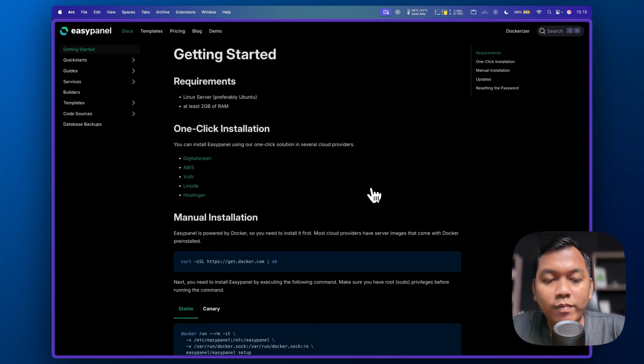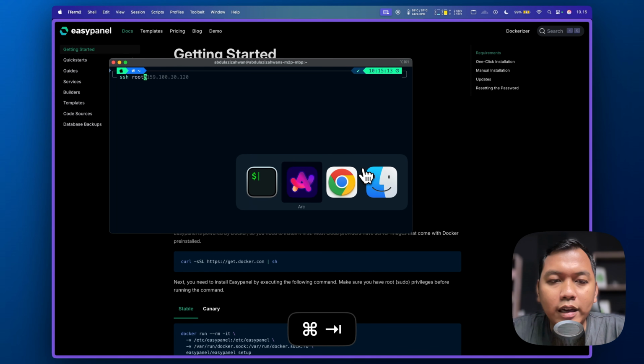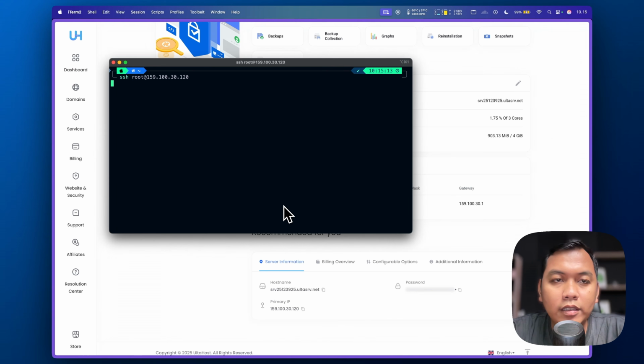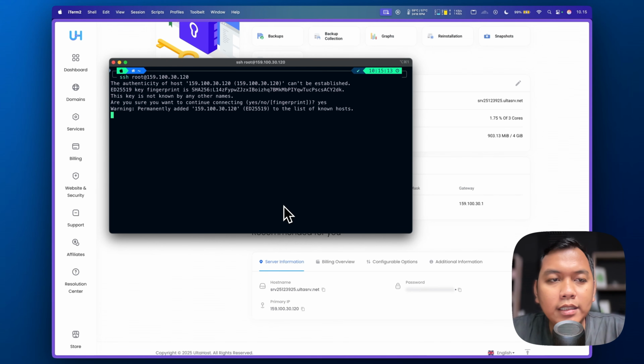So next, we can just open or access my VPS. Just say ssh root@ and I need to copy the IP address here and then just press enter. And next we will get a question as usual like, are you sure you want to continue, and then just press yes.